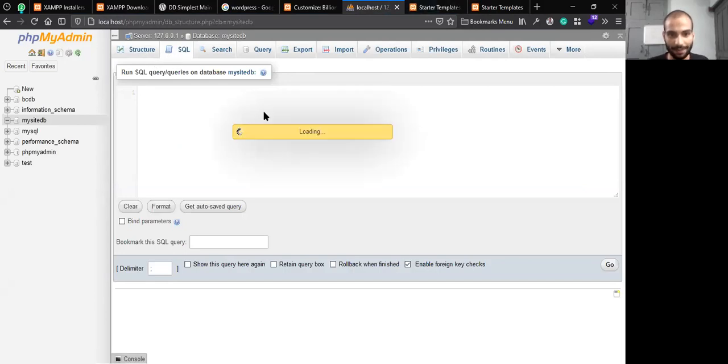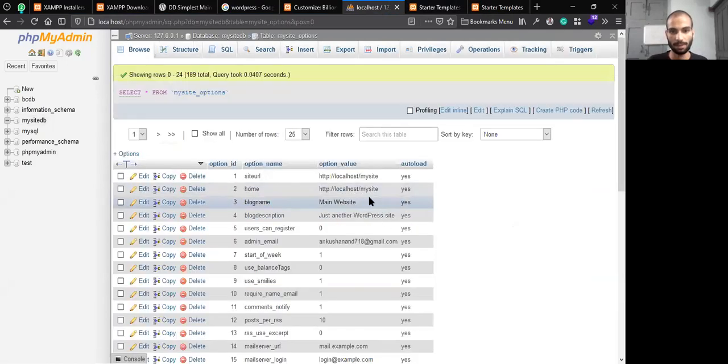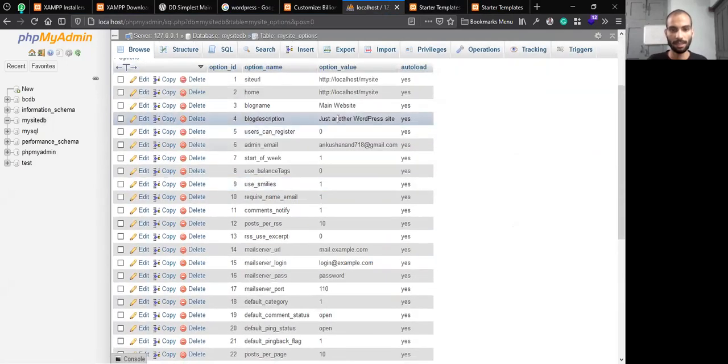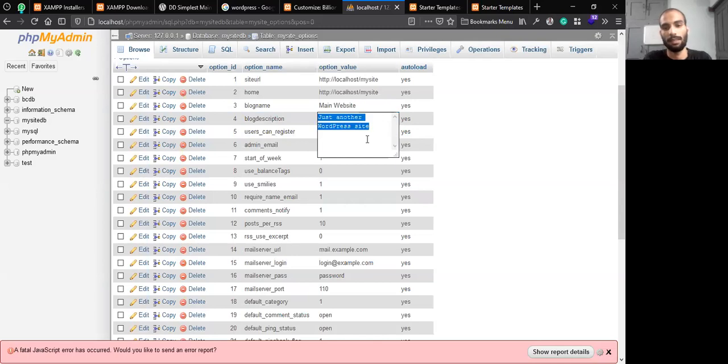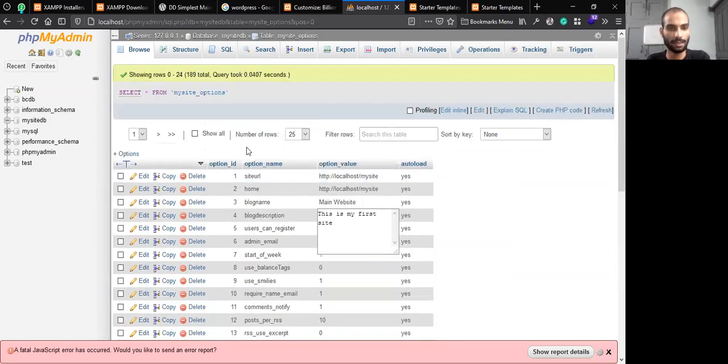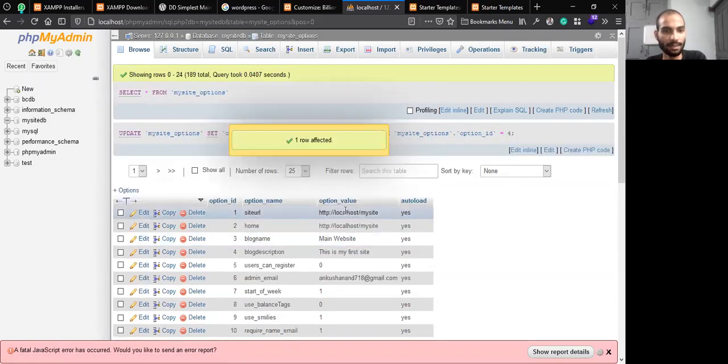So right now, if I want to make a change in my file, my site.options, if I want to change something in my database, right now I will just change the tagline that this is my first site. So what it will do, it will actually see, here is the code that you need to run to do this. So I will just press enter. And here,